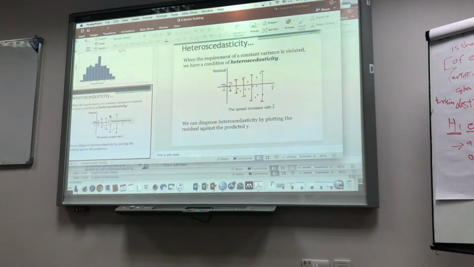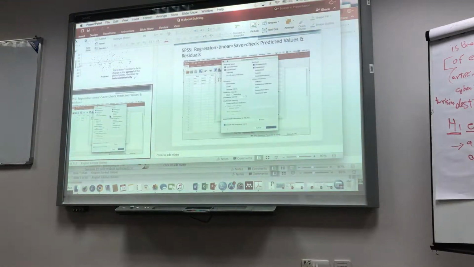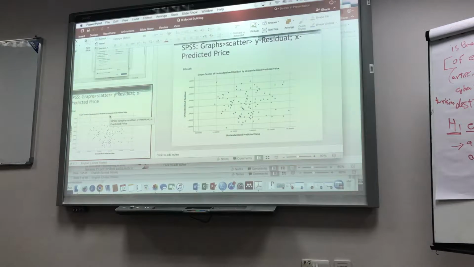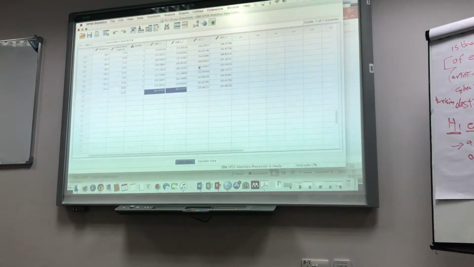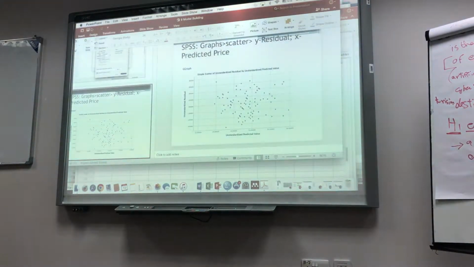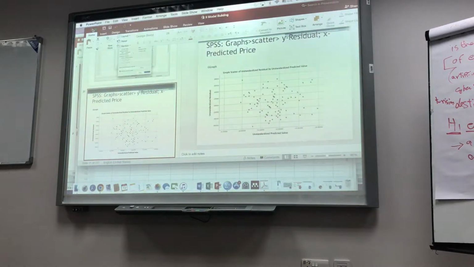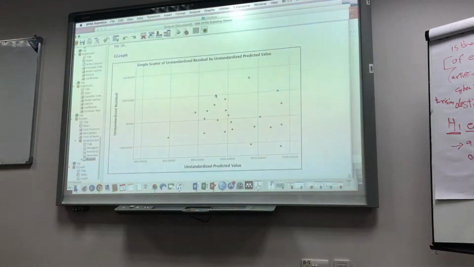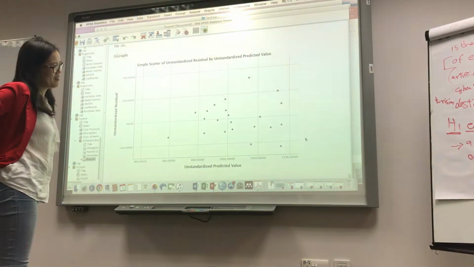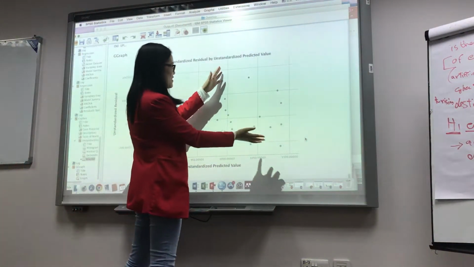Heteroscedasticity is about the constant variance, right? So what should we say, it's constant or not constant? It's not constant, there's no pattern. If you see a linear relationship, then there's some relationship. If it's randomly scattered, that means it's homoscedasticity. But this one is not randomly scattered. Do you think this one is randomly scattered? I don't see it as randomly scattered. I can see a pattern, it's expanding, like a funnel.